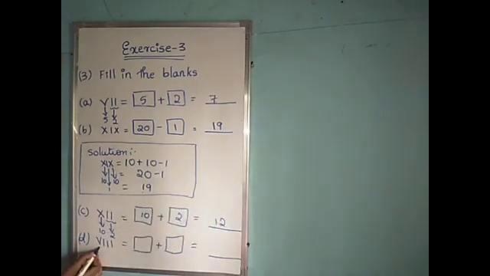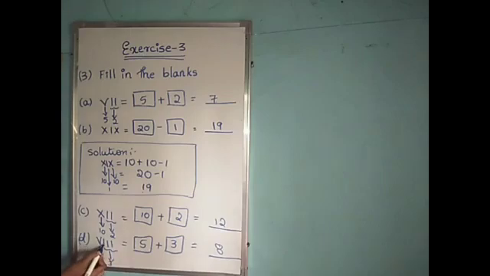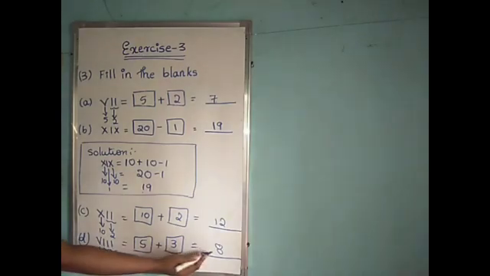Next D1. V is the symbol of 5. I is the symbol of 1. There how many times I is repeated? 3 times. So I is equal to 3. So 5 plus 3 is equal to 8. So VIII is equal to 8.